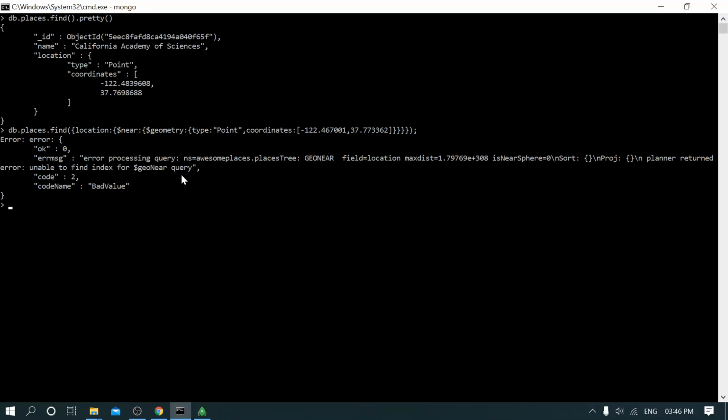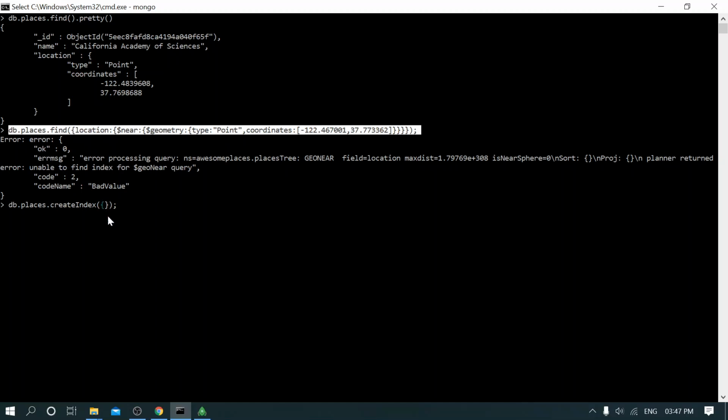query. So before finding the location, we need to create an index for that particular location in the MongoDB collection. In my previous tutorial, I told you how to create an index on the collection. So to run this query, we need to create an index. To do that, we write db.places.createIndex. For this createIndex method, you need to pass the keyword based on what you are searching in the DB.